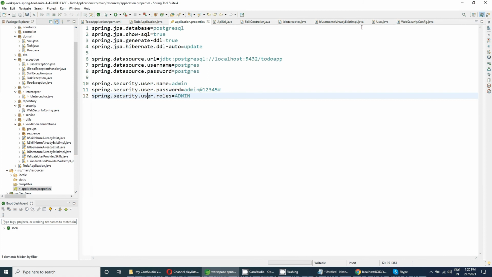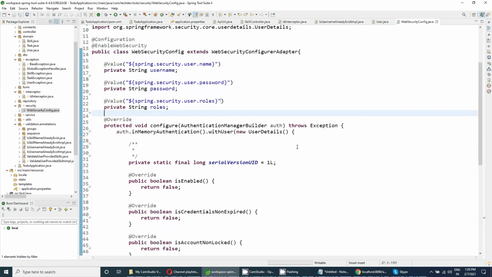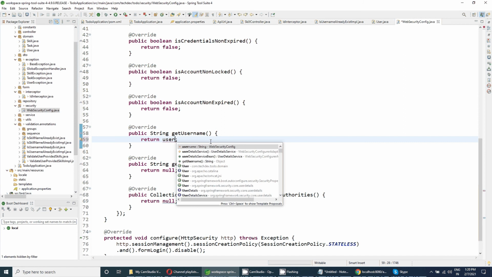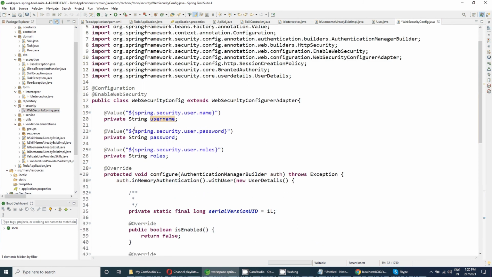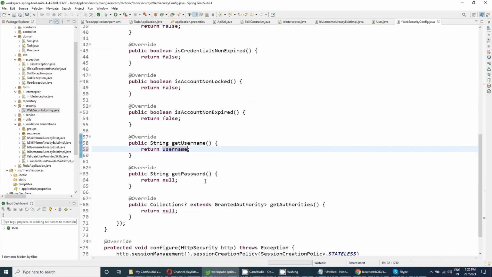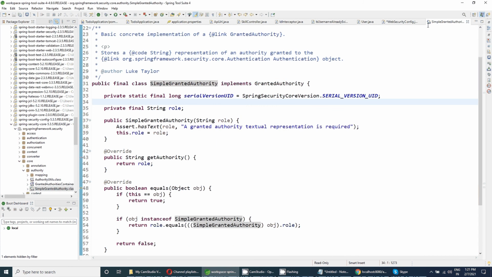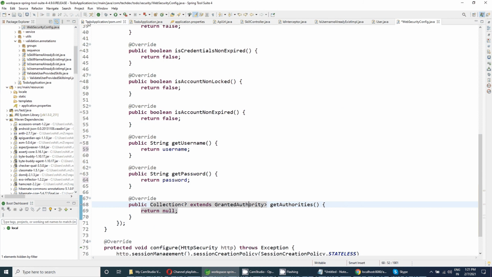So what I am trying to do is, I will just update this. The username will be the username that is in our username, and similarly the password will be the password. And about the granted authorities, there are different implementations for the granted authorities.